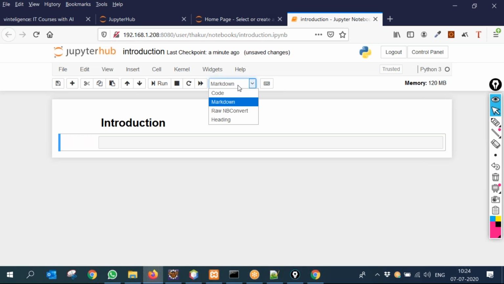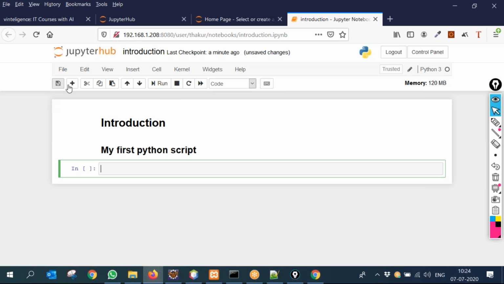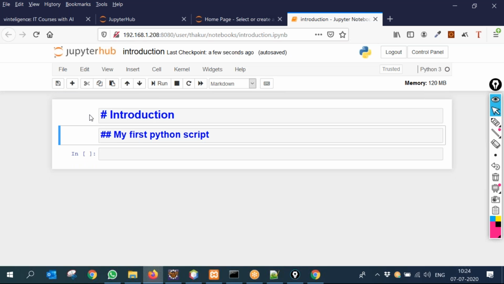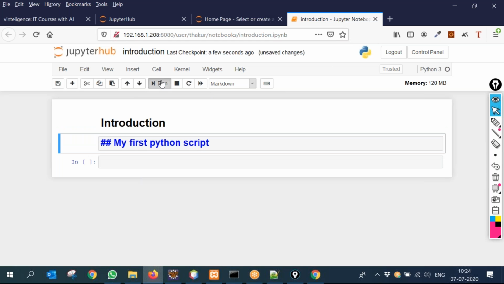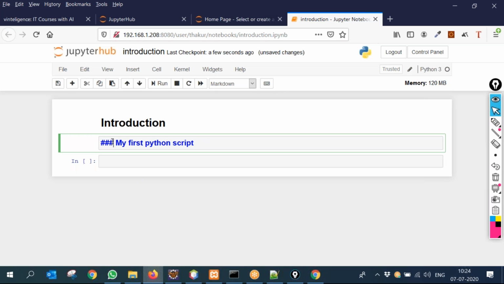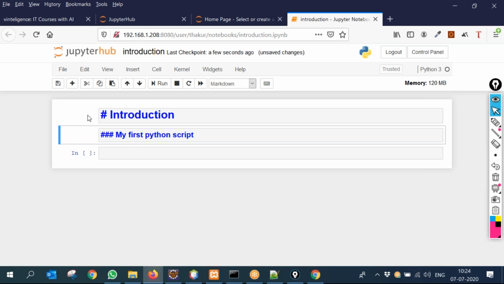Second, also create a markdown cell, and this time give two hashes, My first Python script. I just want you to see the difference. If you give three hashes, it is smaller. So it is heading 1, heading 2, heading 3.